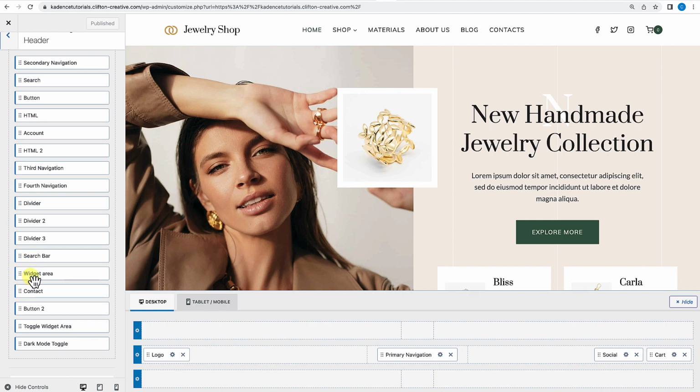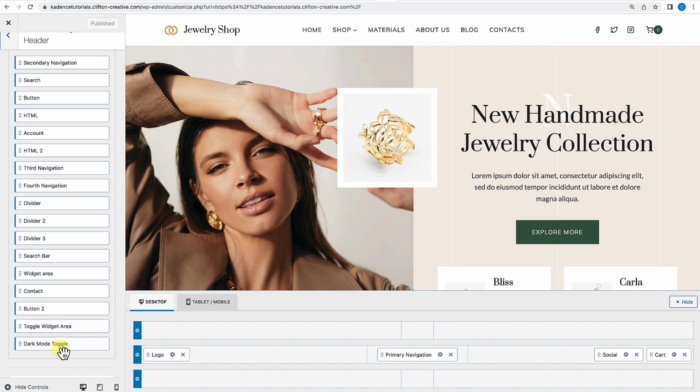There's a widget area which will allow you to add blocks to the header. There's a contact item that allows you to add contact information. There's an additional button. You also have a toggle widget area, which means when people click on it, it will open up a canvas in the header. We'll take a look at that. And then we have the dark mode toggle, and this is added because we have the dark mode pro